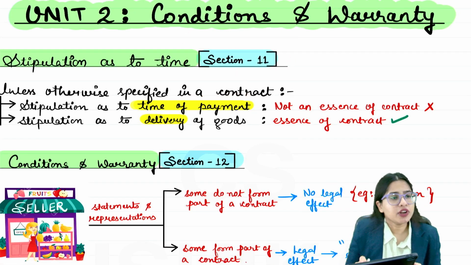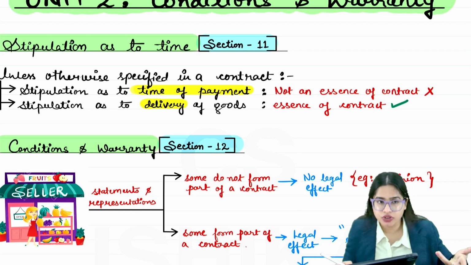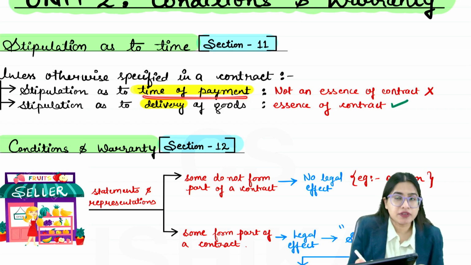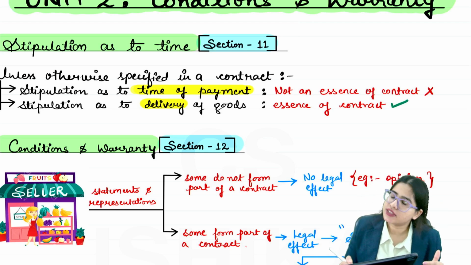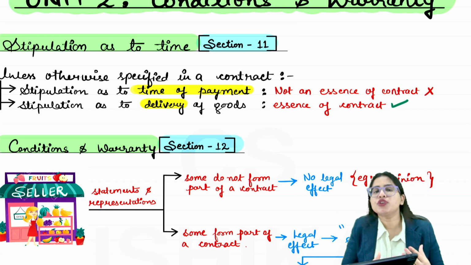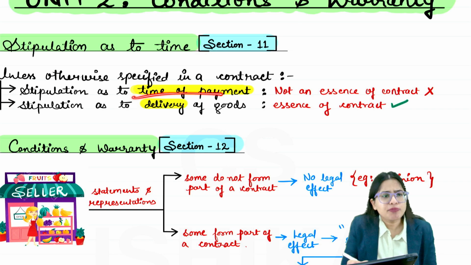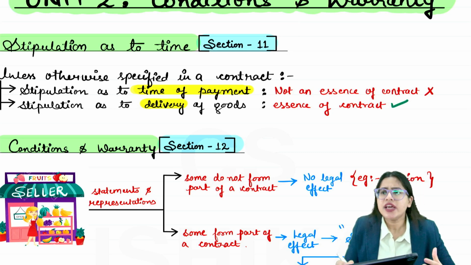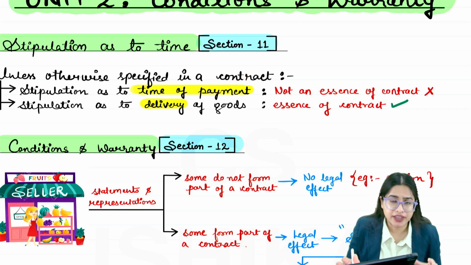Section 11 says that when in a contract, a stipulation is given with respect to payment, stipulation means a condition, or I have said that I will make the payment by, let's say, 25th October. So some time for payment is given. What if the payment is not done within that time? Can you cancel the contract? The answer is no. Payment can be a few days here and there. If you don't make payment on time, the other person cannot cancel the contract. So we can say that time of payment is not the essence of the contract. Not the essence means it's not that essential. It's not essential that if you don't make payment on time, the other person can cancel